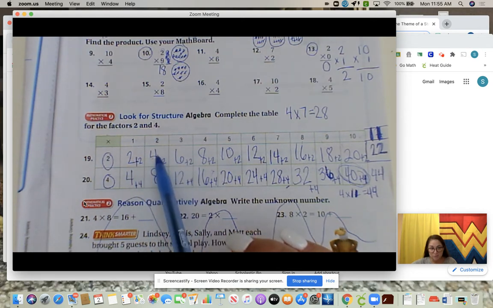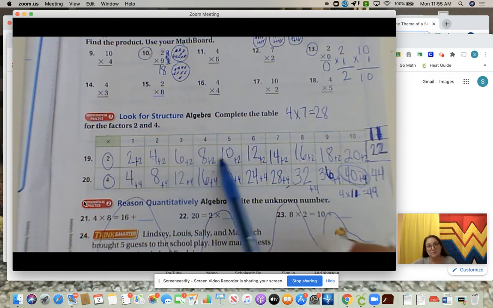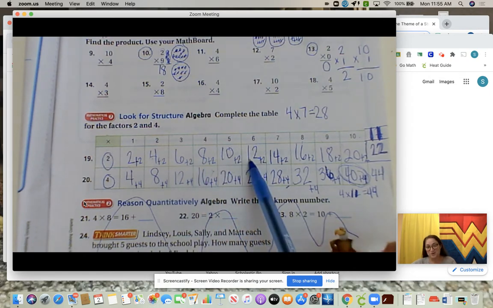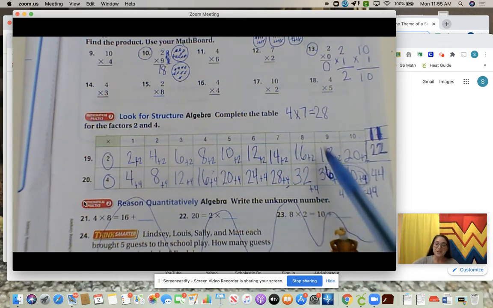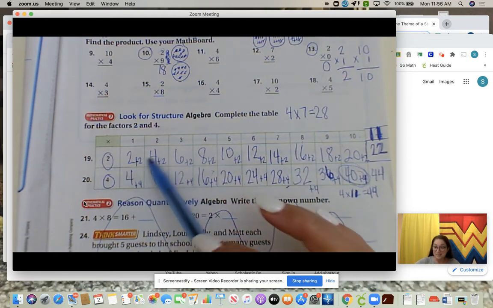2 plus 2 is 4. 4 plus 2 is 6. 6 plus 2 is 8. 8 plus 2 is 10. 10 plus 2 is 12. 12 plus 2 is 14. 14 plus 2 is 16. 16 plus 2 is 18. 18 plus 2 is 20. All right, so you see we have a pattern of skip counting by 2s. Multiplication is just repeated addition,